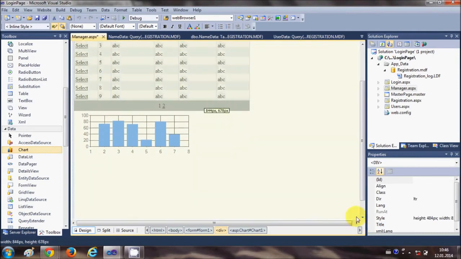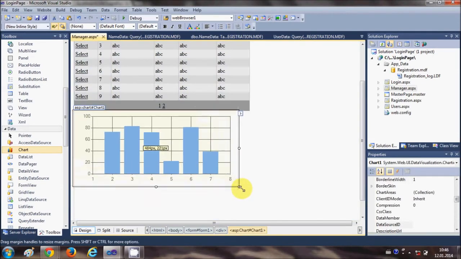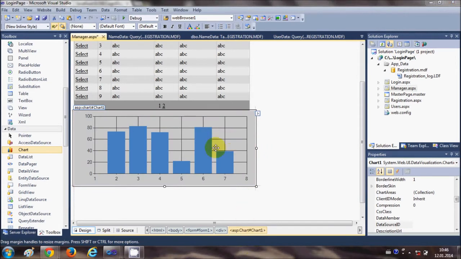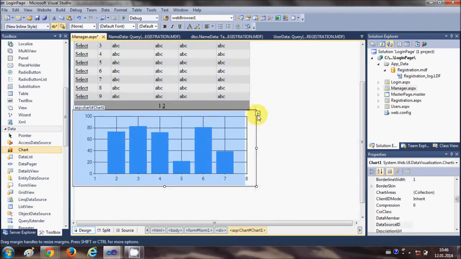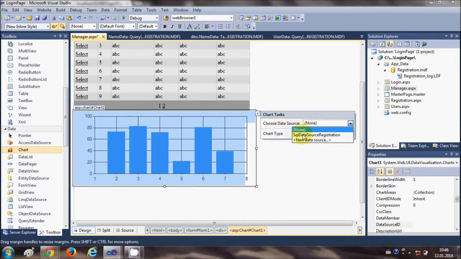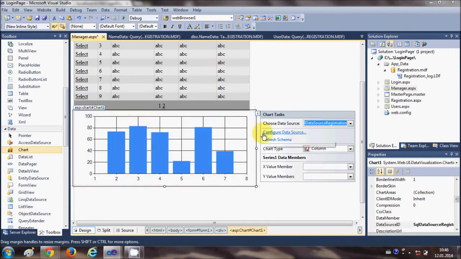Okay, so now my chart is resized. Now what I am going to do is I need to link my database with this chart. So I will select this chart and click this small arrow at the right top end of this chart, and I will choose a new data source for it. So new data source is SQL data source, registration, which is my registration database. And I am going to say configure data source,